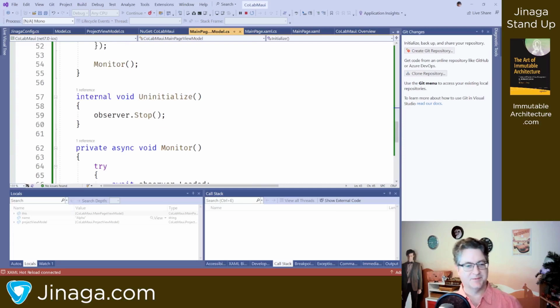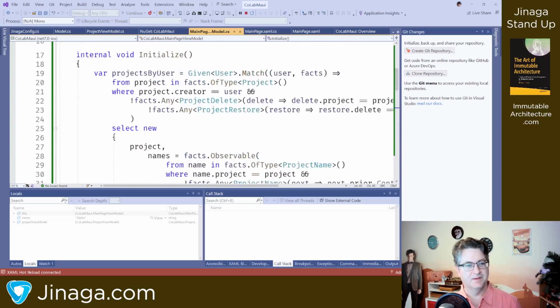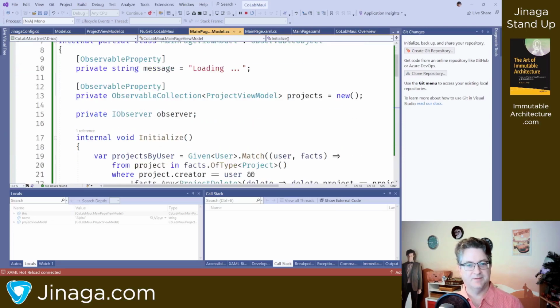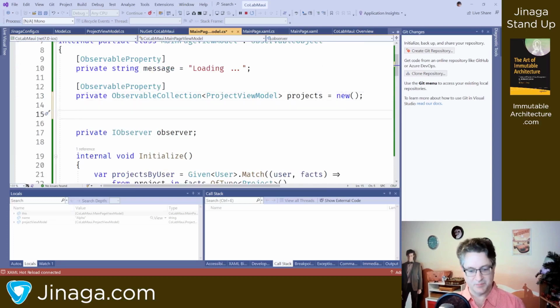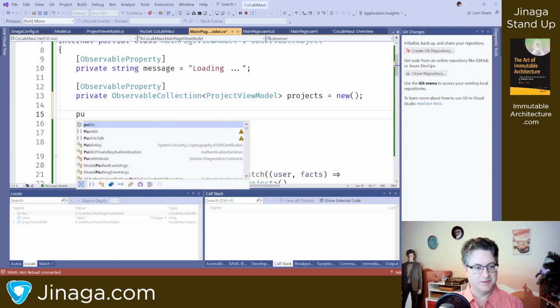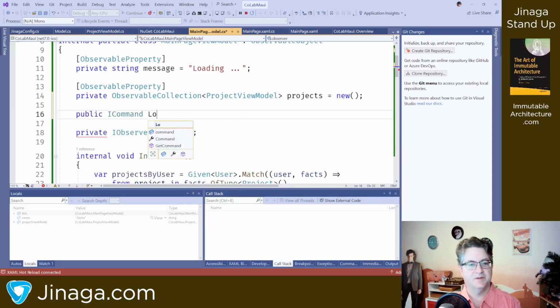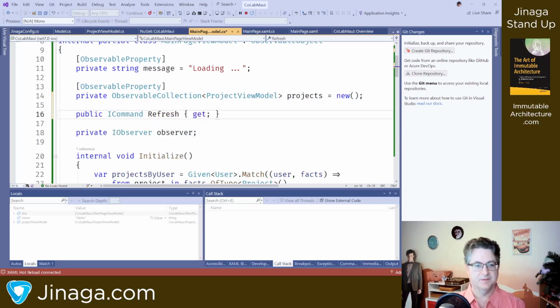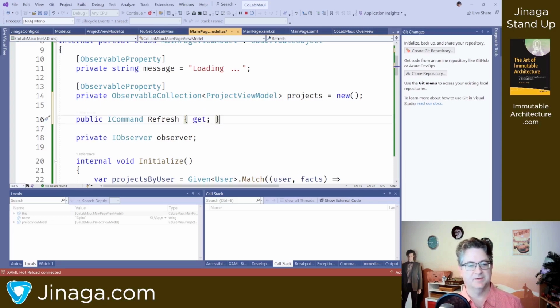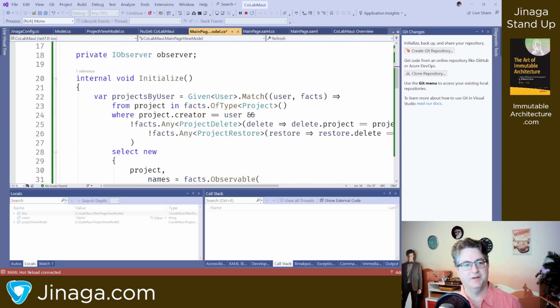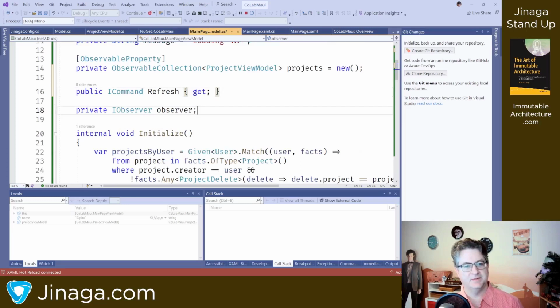So let's set up the command. I'm going to have, next to my observable properties, a public command. This is going to be my refresh command. And so I will set that as a getter only property. That way inside of my constructor